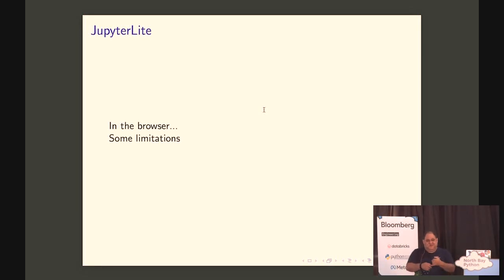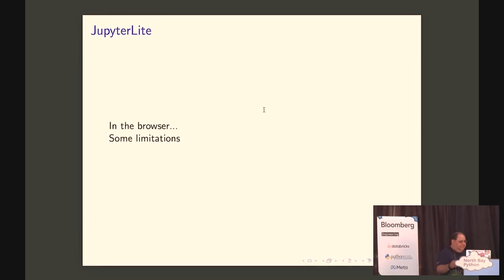It doesn't have processes. It has some things that look like files, and some of the file APIs will work, and some of the file APIs won't work. And some of the threading stuff won't work, right? The networking stuff definitely won't work, because from inside the browser all you can do is use fetch. So if you import requests, even though requests does HTTP, it assumes that it needs to open a TCP connection, and there are no TCP connections from the browser, so a bunch of things won't work as you expect. However, if it does work for you, this is a great option.